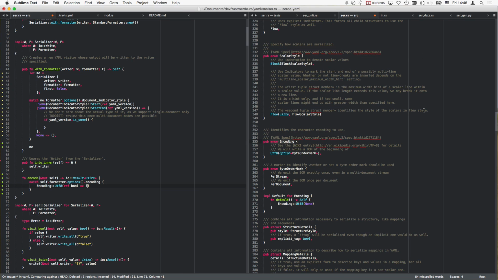And can the byte order mark do anything? Per stream, per document. Huh. I don't like my thing so much anymore. But on the other hand, that's kind of how it works. Yeah, so this is something we don't care about here. We really don't want that. So whatever. But if this is the case, then we say self writer